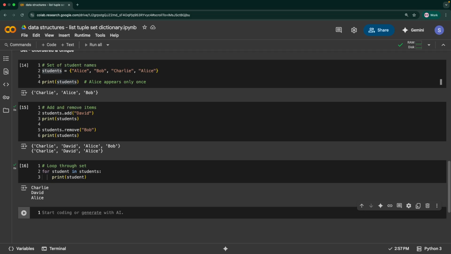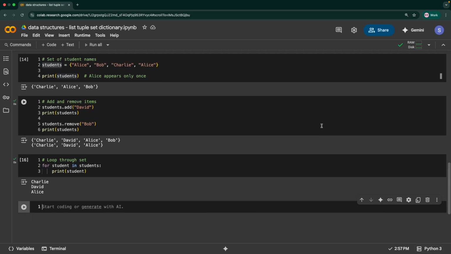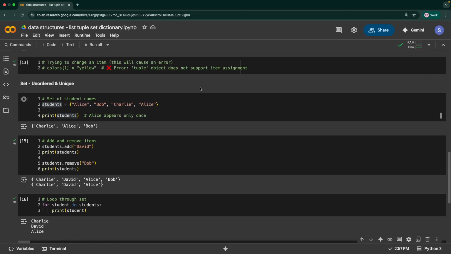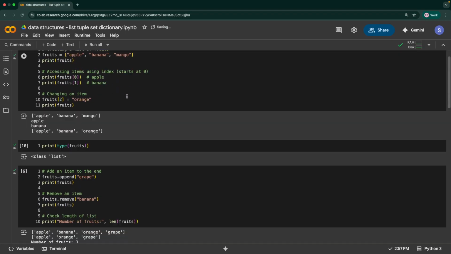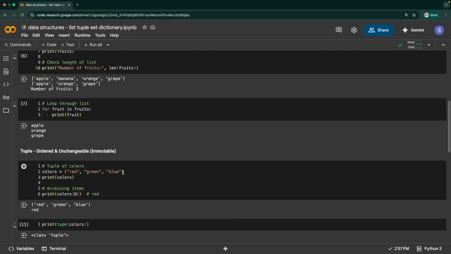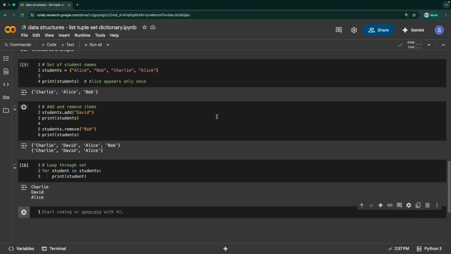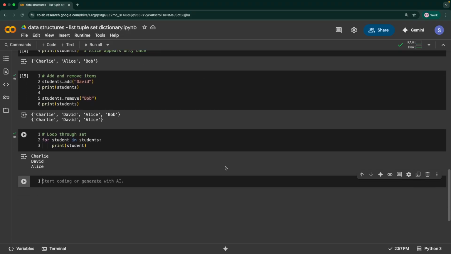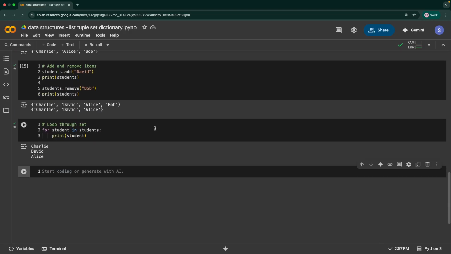So the key takeaway in terms of sets is that sets use curly braces, as you can see over here. So lists use square brackets, tuples use parentheses, and sets use curly braces. That's the main difference. The other characteristic of sets is that items are unordered. That means no indexing. You cannot access the values with an index as you have done with a list or a tuple. And no duplicates are allowed, and it is a very useful mechanic. So let's say you want to remove the duplicate values in a list.